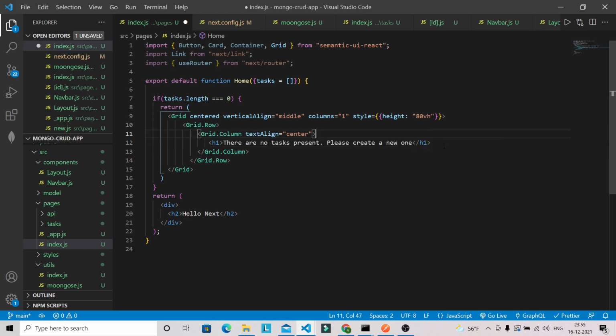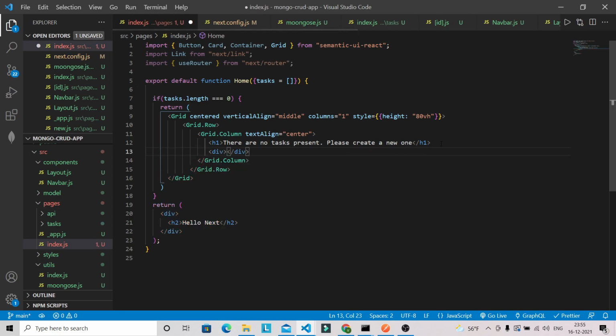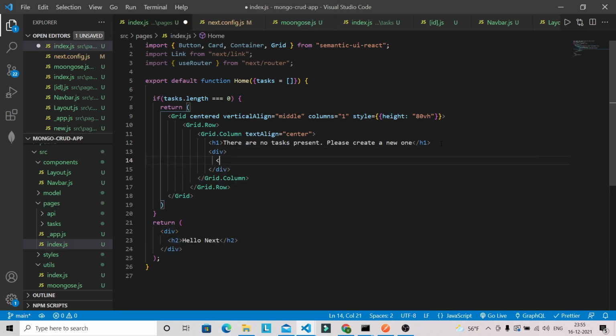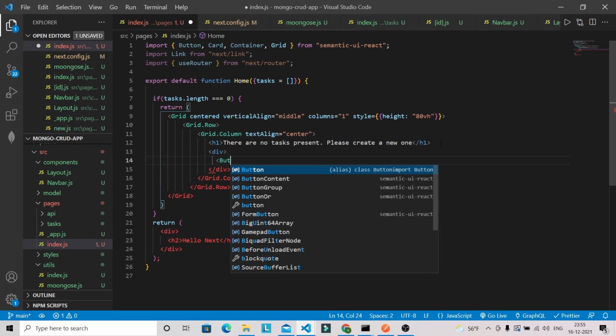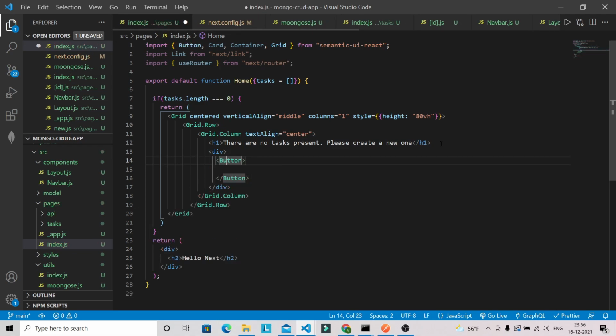Okay, and after this h1 tag we're gonna have one div with the button, and this button will be the primary, and we're gonna have an on click method, so it will basically push toward the new task creation page.